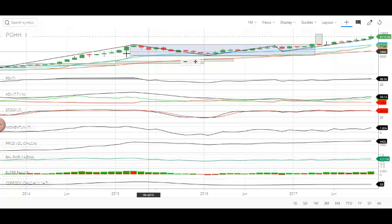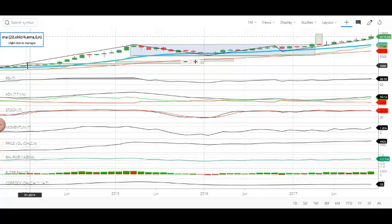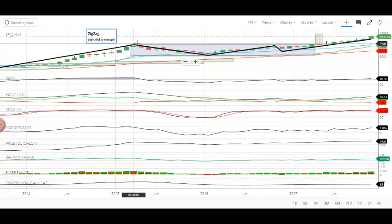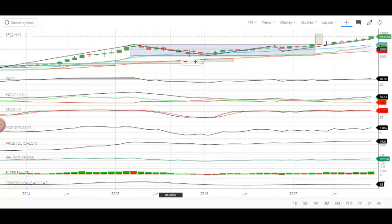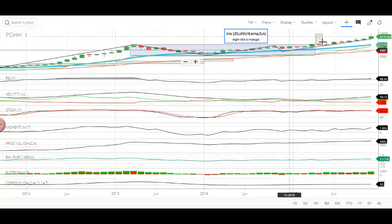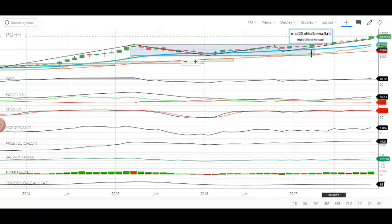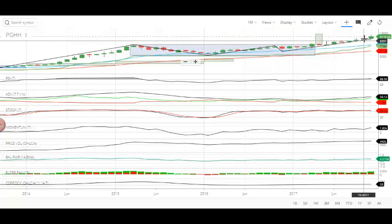Now, if you look at the historical price path pattern of the stock, based on the data we are having since 2014, it is very clear that the stock had been trying to move in upward direction continuously. After making a new high, it is undergoing consolidation, again a new high, consolidation, and again it is moving in the upward direction. It's just right up, and you can see all these green candles lined up, and this